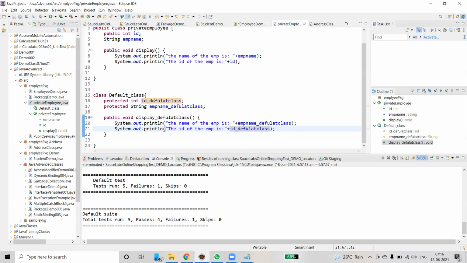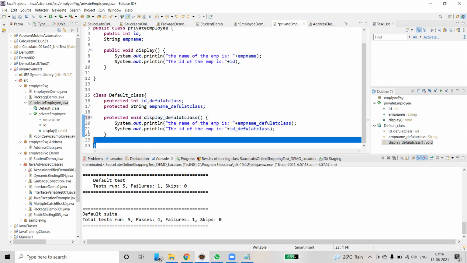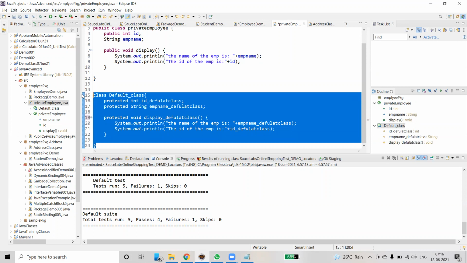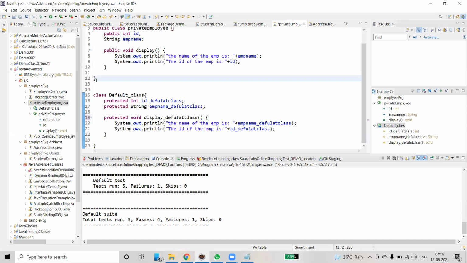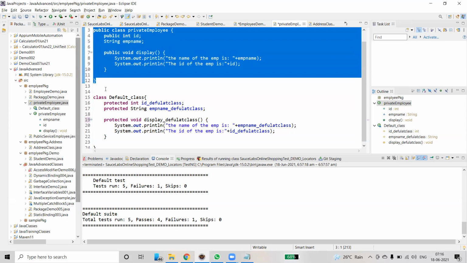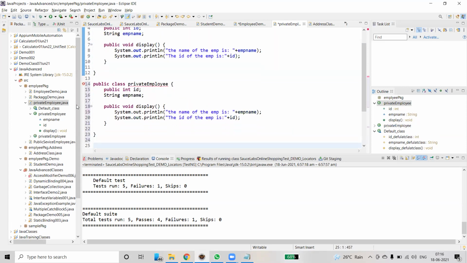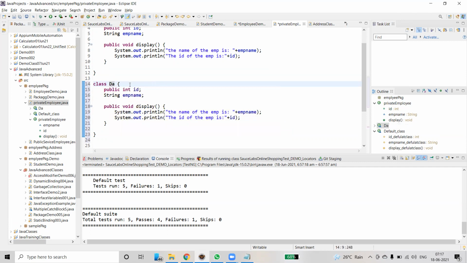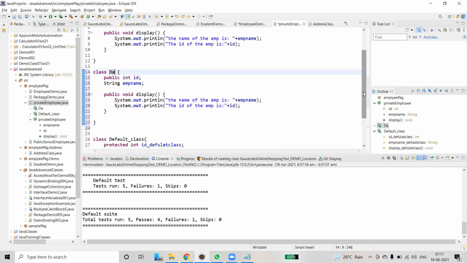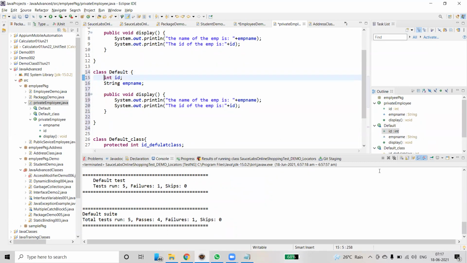Now, shall we access these member variables and functions? Protected. Now we have a class.